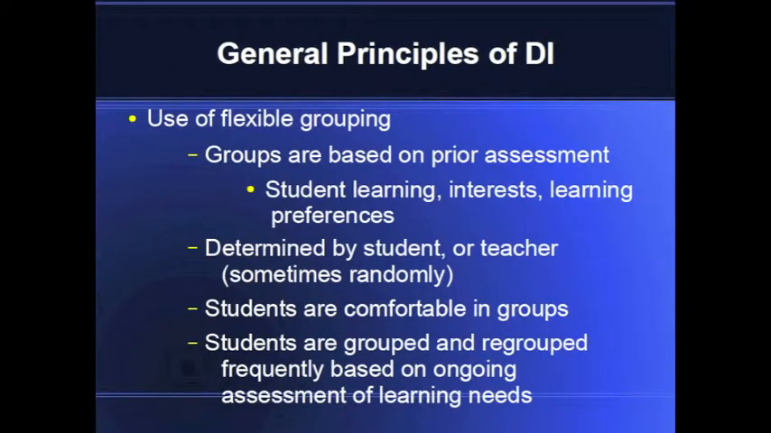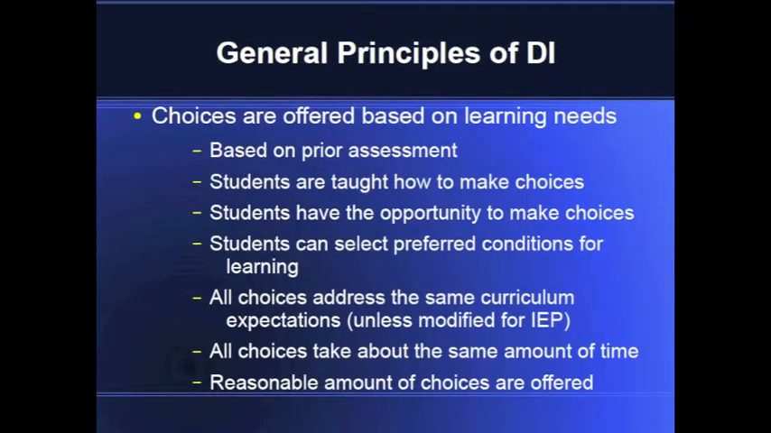There are some general principles of differentiated instruction that you should know. One of them is flexible grouping. All of the following should be considered. Another is that choices are offered based on their learning needs. Choice is important because students need to be taught how to make their own choices. They need to have the opportunity to do so, and they need to be able to select the preferred conditions